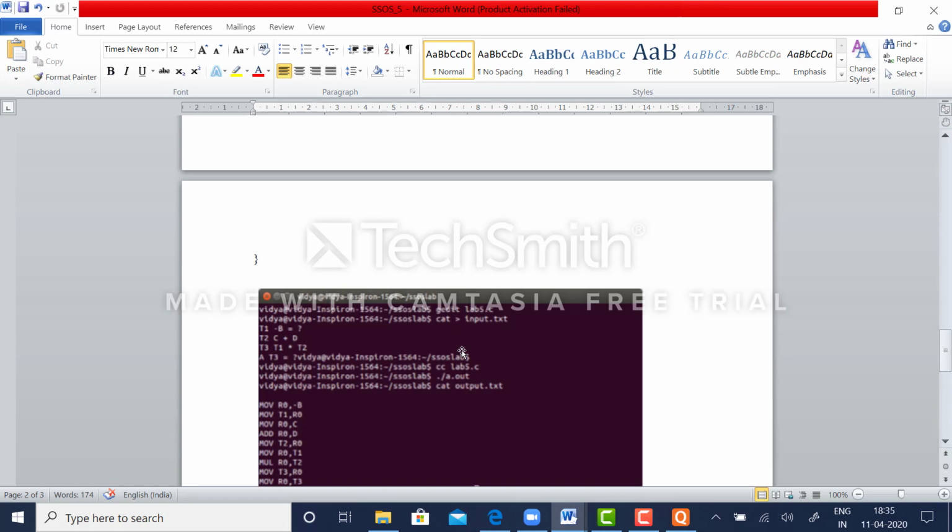Then what you have to do is compile the C program as cclab.c. After compilation, an object file would have been created. So in order to execute it, you will say ./a.out. So this will create an intermediate code, or intermediate code is generated and it is stored in a text file